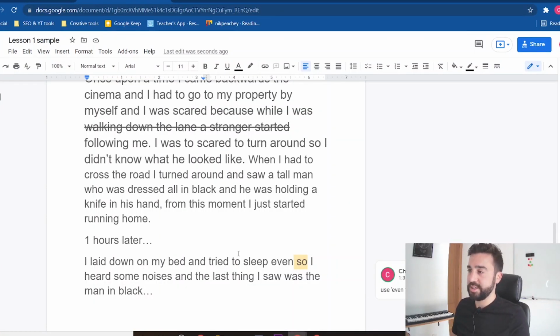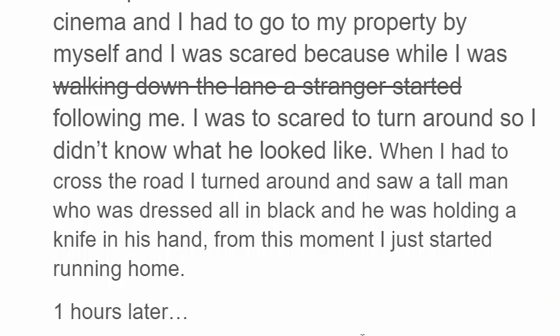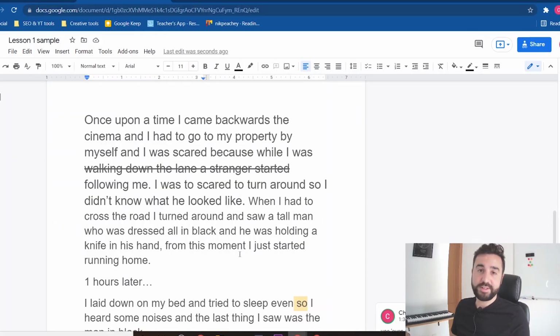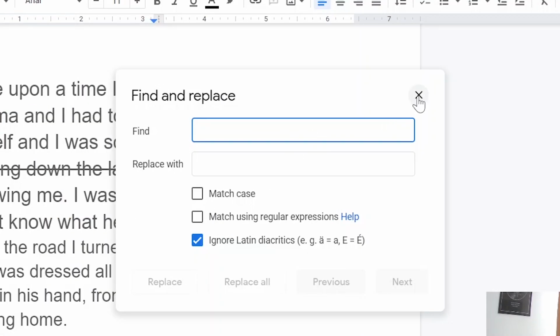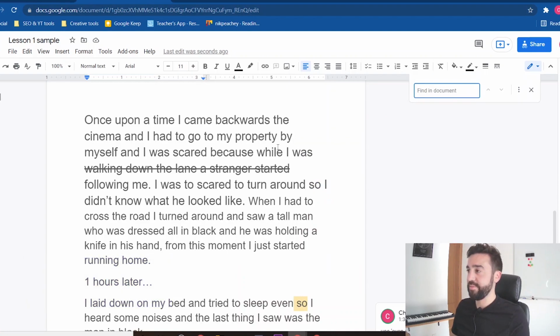Sometimes with writing tasks like this, I might ask the students to include, say, 3 adjectives, or maybe 3 pieces of vocabulary that I would like them to use. So for example, let's say I ask the students to use the word "scared." Now, if I would like to find this word, then all I need to go to is Edit, Find and Replace. Alternatively, I can press Control F and find in Documents. So let's say that I want to check quickly if they've used the words that I've set them before we started the task. So "scared," I can see here they've used it twice, so that's exactly what I was looking for.